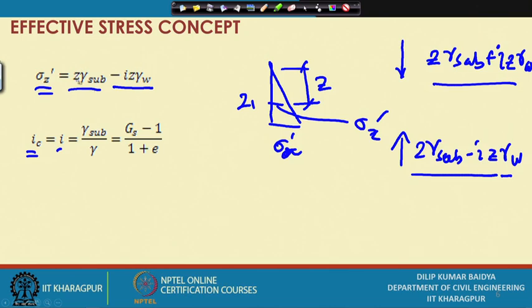and if I come from that definition, critical hydraulic gradient I c equal to I, and then you can see if I equate this to 0, then I c becomes gamma submerged by gamma W, and gamma submerged by gamma W, you know, is G s minus 1 by 1 plus e. Already we have derived this before, once again we are getting it from this. What we have done is we have considered equilibrium, that means force in the downward direction and force in the upward direction equated, and from there we have got the critical hydraulic gradient as per definition.